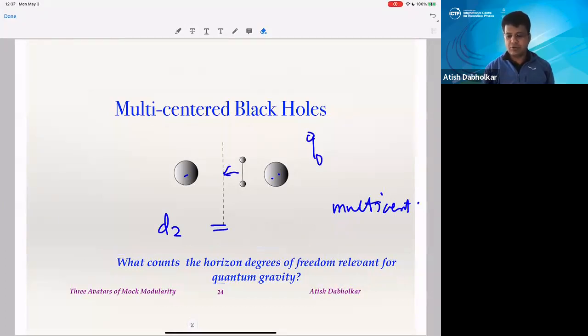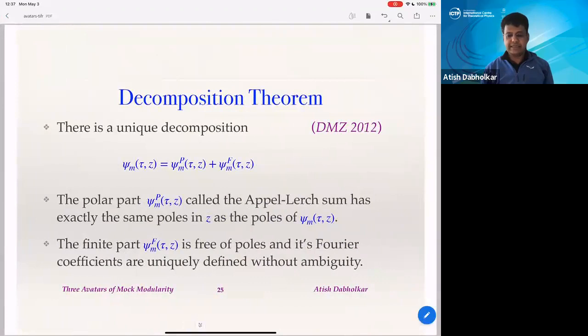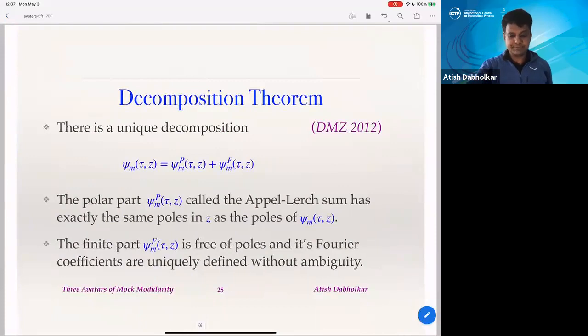And that's where the mock modularity comes into the picture. And this is the decomposition theorem. This was the main result of this collaboration with Zwegers. And this was actually the question. This is an interesting story that I will tell you and then I will stop. So I had invited Zwegers to a workshop in Paris, just on a hunch, because we were using his book quite extensively. So we had invited a few mathematicians,